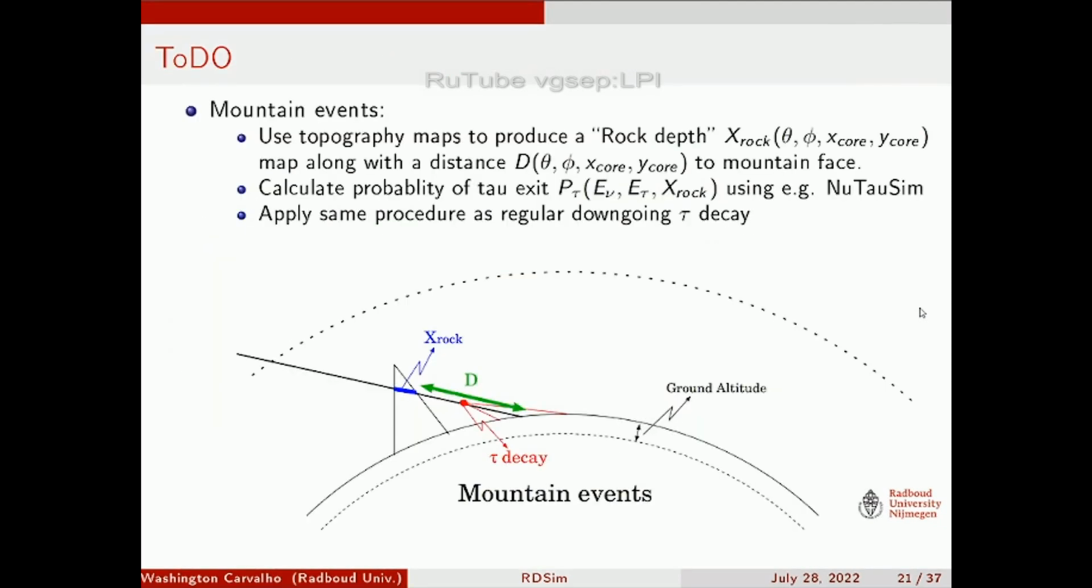So that's it. The next step that we want to do is mountain events. We are working on a rock depth map, and after you have the tau exiting the rock, it's basically the